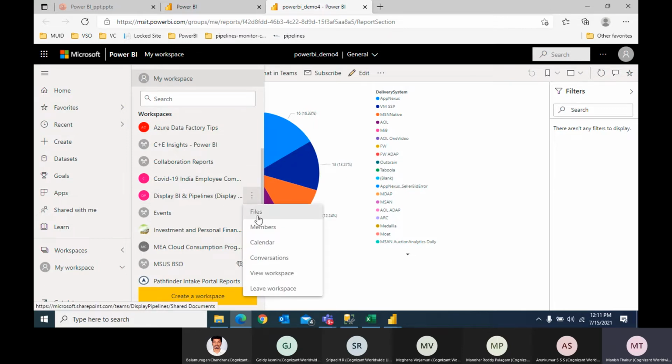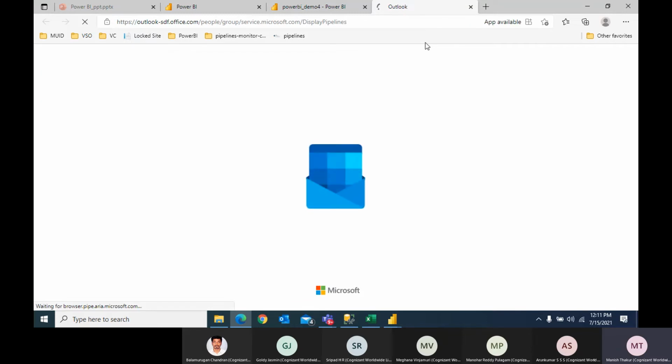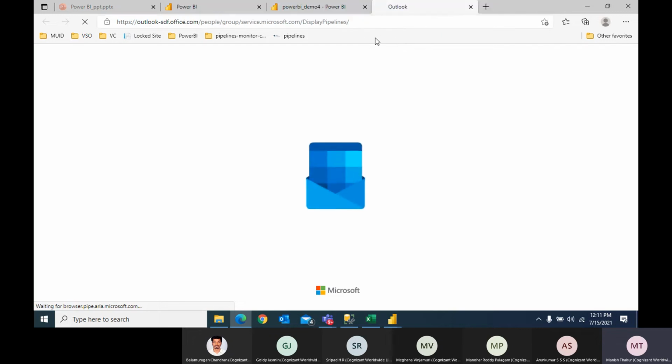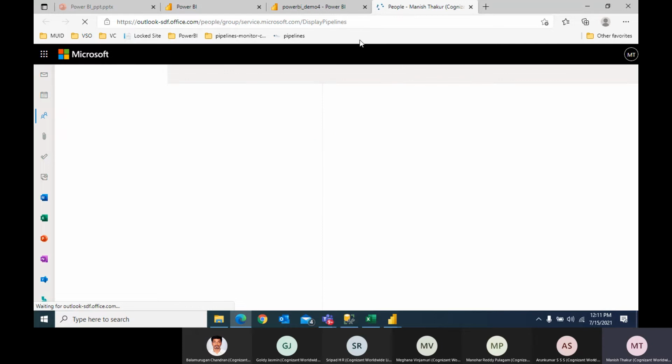You can go here. You can click on the members. If you want to add some new member, or if you want to see who is the owner of this particular data set and the cluster, you can go there. I think it will open.